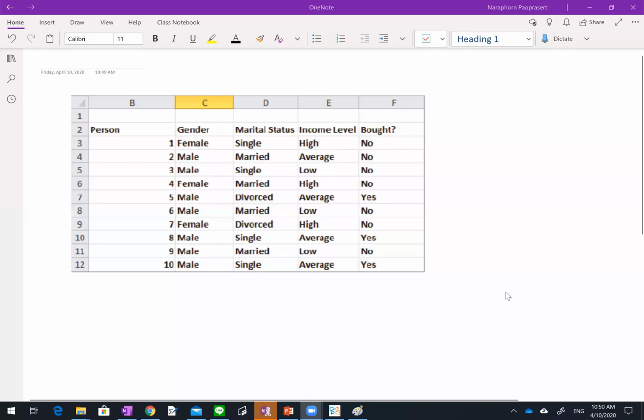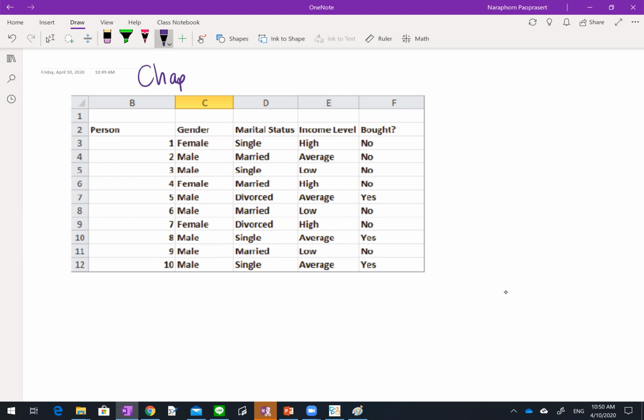Okay, now let's move on to chapter 25. So let me just use this note here. This is chapter 25, and this is called classification trees. For classification trees, you want to predict